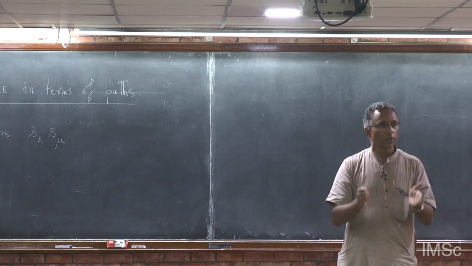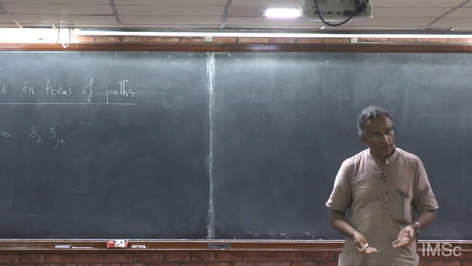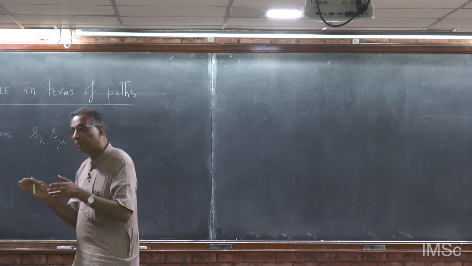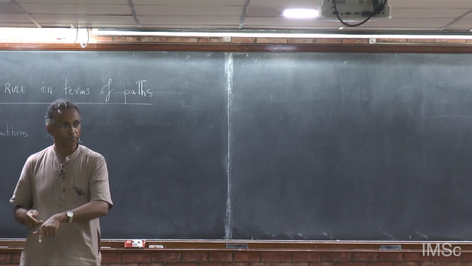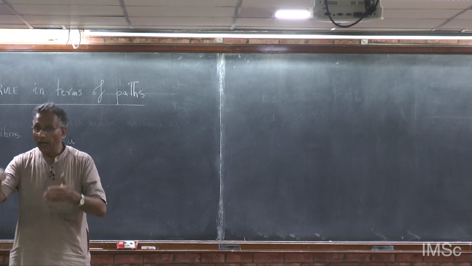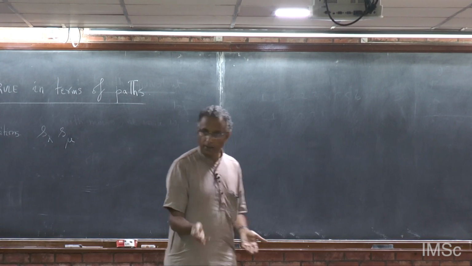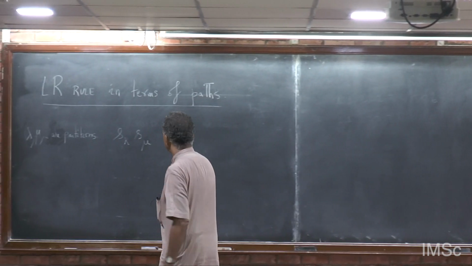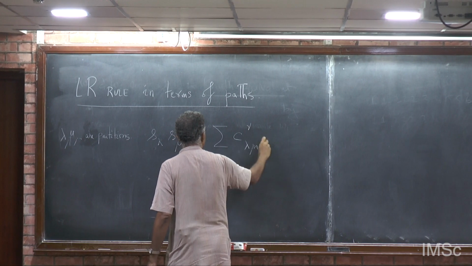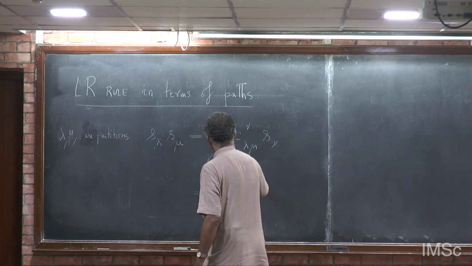Therefore, if I look at all partitions with at most n parts and d plus e boxes, that set forms a basis for all symmetric polynomials of degree d plus e. Therefore, I must be able to write this as a sum over nu, a partition of d plus e,